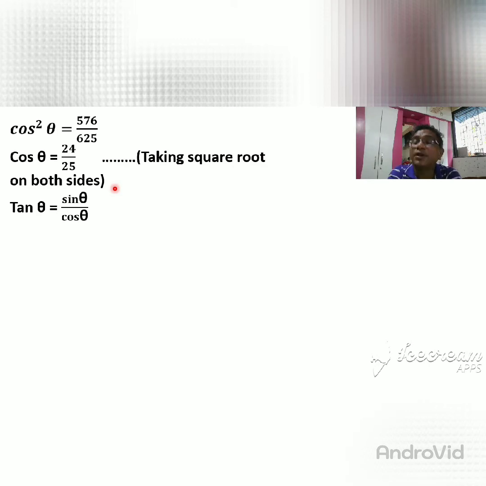Any doubts in it? If you have doubt, you can call me or send me a WhatsApp message that I don't understand, explain it, and I will explain to you. Okay, then see, this is another problem. In this first problem they gave tan theta is equal to sin theta upon cos theta. So you are given the sin theta value, you substitute it, and you find the cos theta value, that is 24 upon 25. Sin theta is equal to 7 upon 25 and cos theta is equal to 24 upon 25.